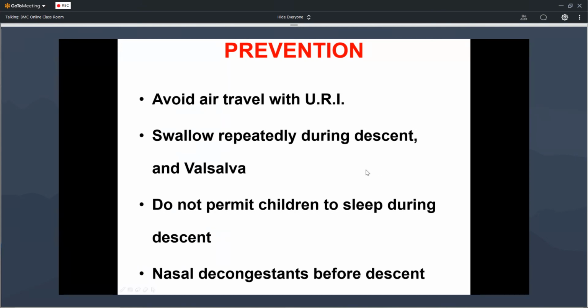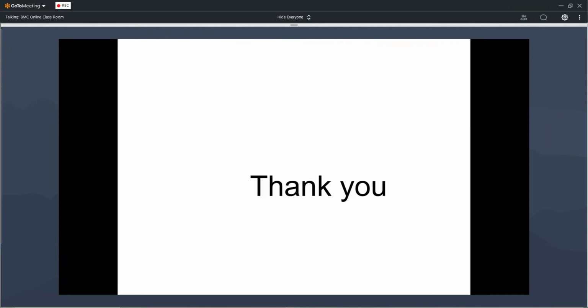So do not permit the children to sleep during the descent. If they sleep, definitely the swallowing movements will be decreased, so there is no opening of the eustachian tube, then there is a chance of developing this otitic barotrauma. Use nasal decongestants before descent. If the patient is having repeated otitic barotrauma, you can instruct them to use local and systemic decongestants half an hour before descent, so that there is less chance for the development of otitic barotrauma. So this is about the